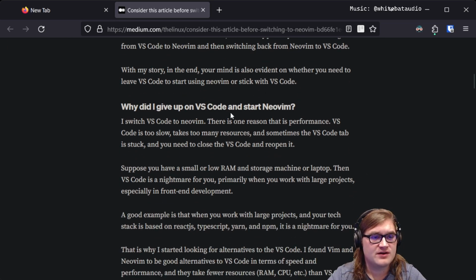Why did I give up on VS Code and start Neovim? I switched from VS Code, and there is one reason, and that's performance. VS Code is slow. It takes too many resources, and sometimes the VS Code tab is stuck, and you need to close VS Code and reopen it. Yeah, I've experienced that. It lags hard sometimes, but you're running a whole operating system when you fire up